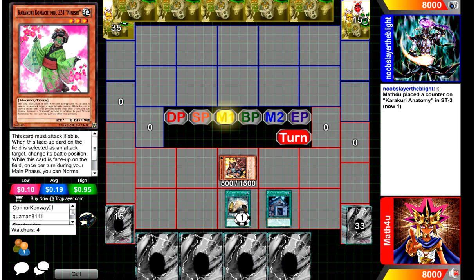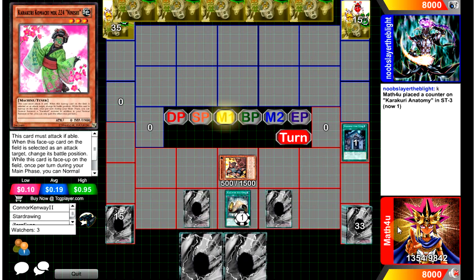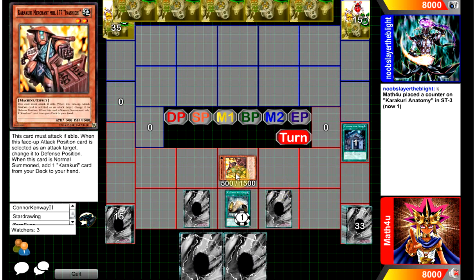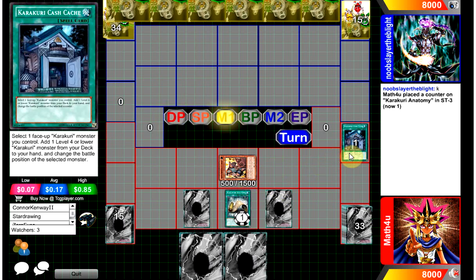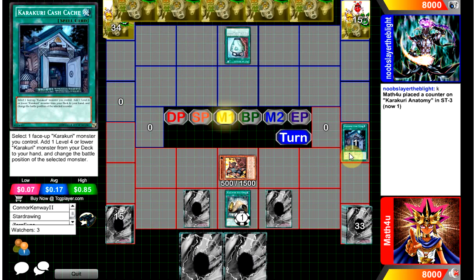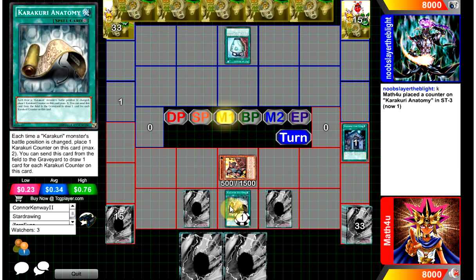DN dual commentary. Okay, so let's see what's happening. Math for you opened up with Nanishi, or he opened up with Merchant, and he went cash. He put it in defense mode, and then I think he added Nanishi, and then he played Anatomy. I think Anatomy is draw 2 basically when battle positions are changed, and he's playing against